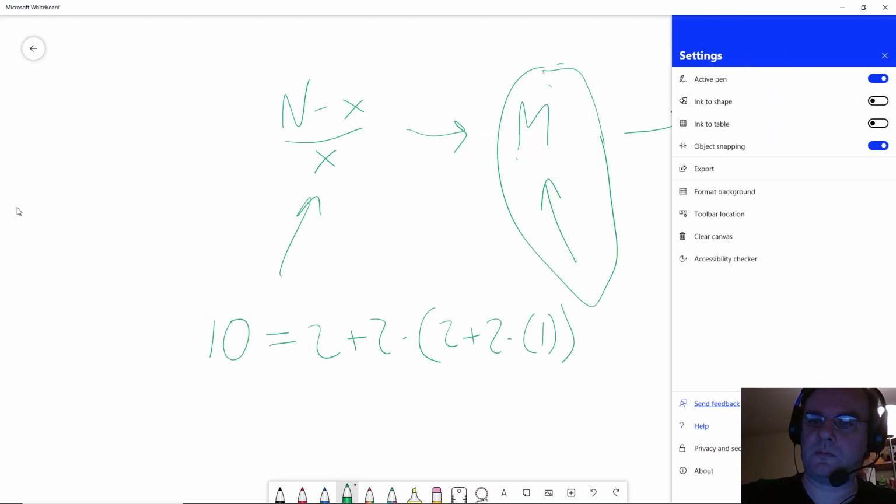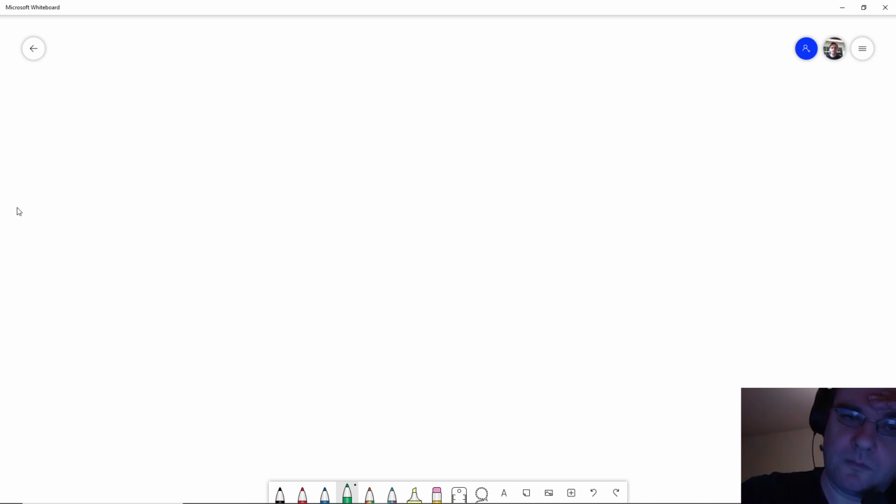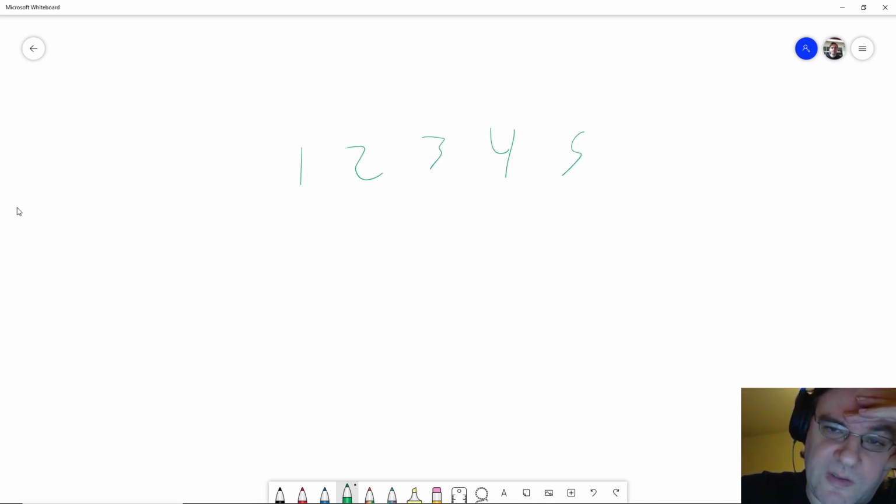So yeah, say our sequence is 1, 2, 3, 4, 5, 3. We have information now that tells us that these 3 pancakes are now hidden by that one.